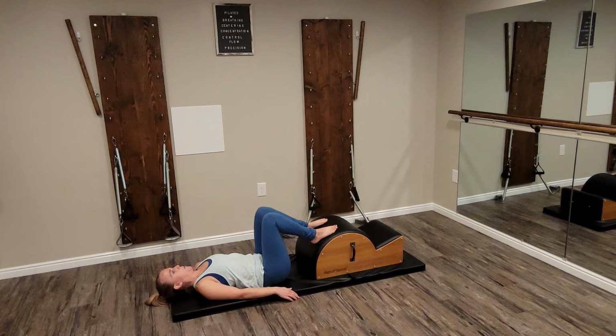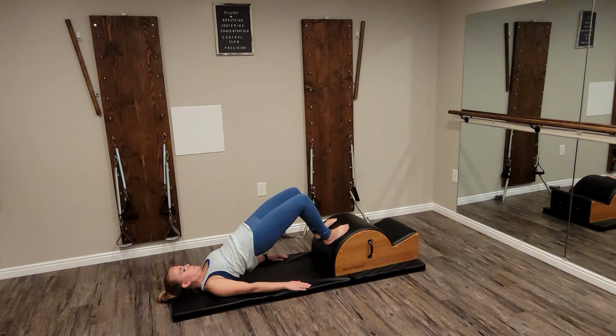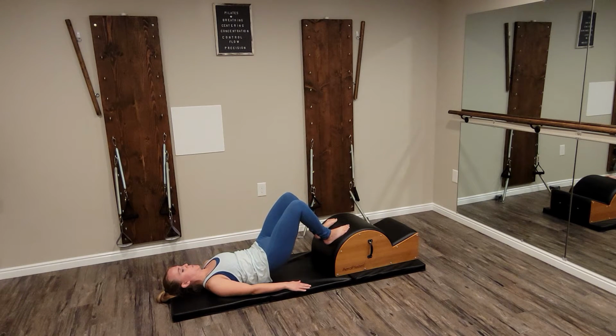Next, we're going to move into some bridging work. So we're going to come lying on the mat behind the spine corrector with the feet up on the barrel. We want our feet to be parallel, our knees about hip distance apart, our toes facing forward. Inhale to prepare, and on the exhale we'll press the low back into the mat and peel the spine up